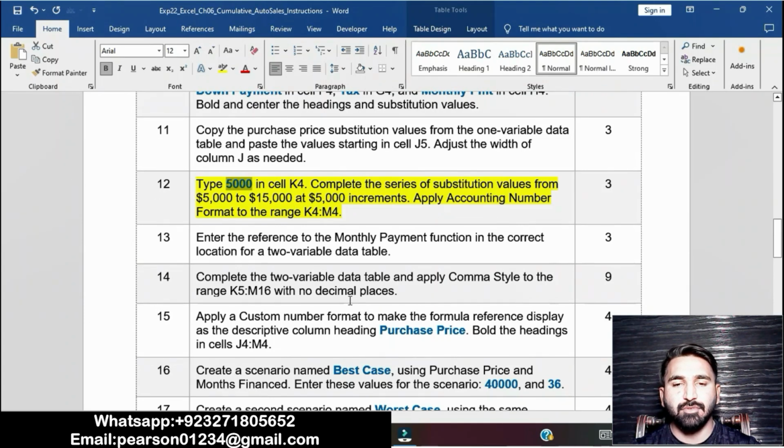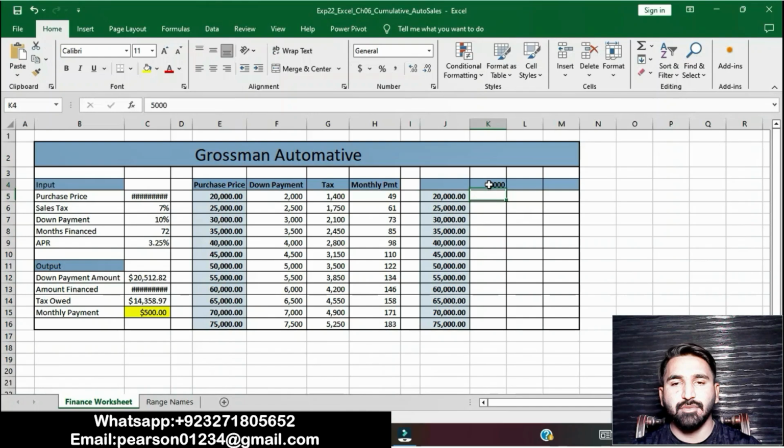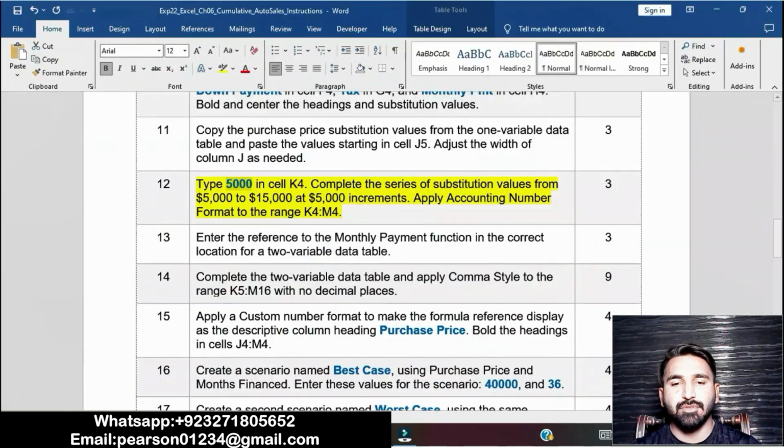Go to the Excel workbook. First you can read this function, go to the Excel workbook, go to the Home tab and go to the Series group. You can read your instructions in the Word file and apply them in the Excel workbook.